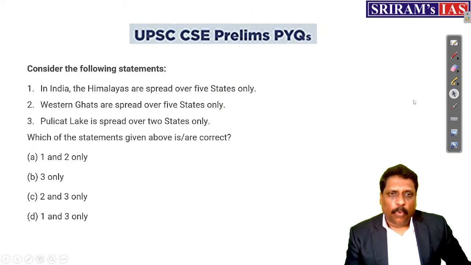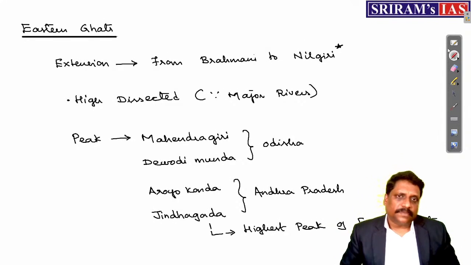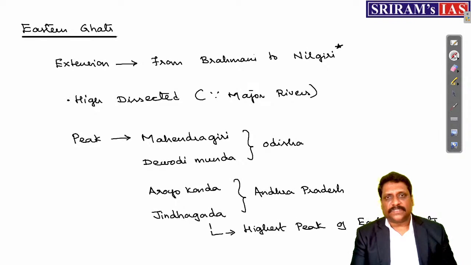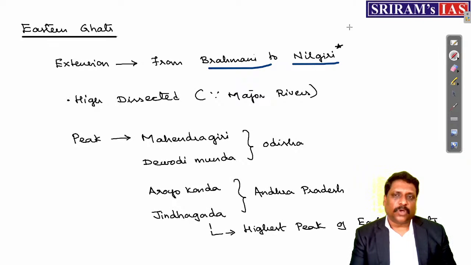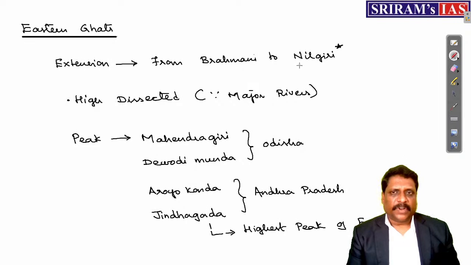Right, my dear friends. Now, moving on from Western Ghats, going to Eastern Ghats. See, Eastern Ghats, much of the facts we do not have. Where exactly do Eastern Ghats extend from, if you ask me? They extend from river Brahmani, Odisha to Nilgiri in Tamil Nadu. And one small thing, I cannot say Nilgiri in Tamil Nadu to be very precise, a kind of a tri-junction.